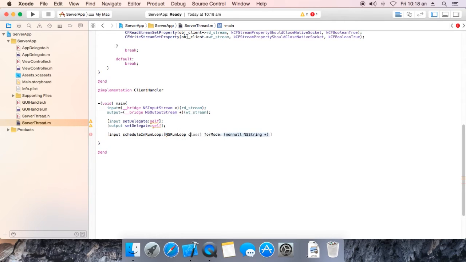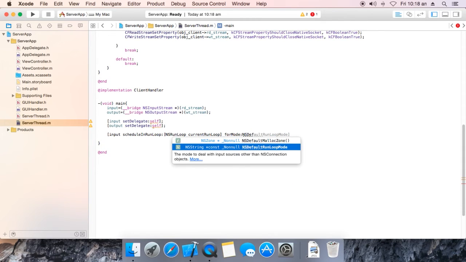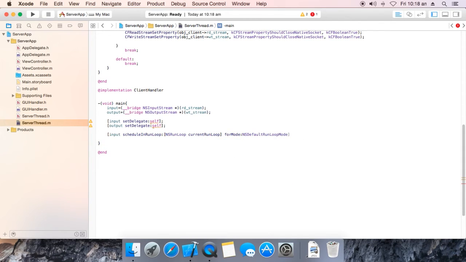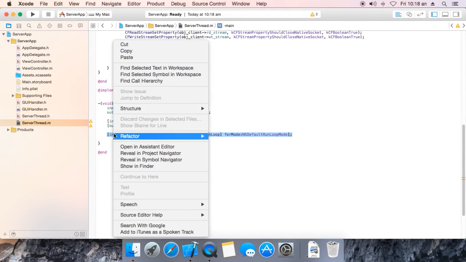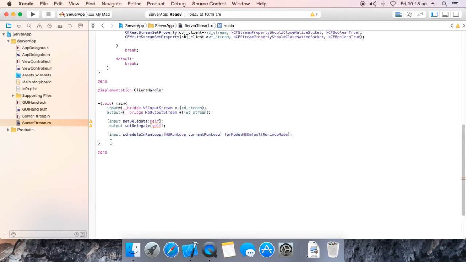Okay, current run loop. Okay, for mode NS default loop mode. Okay, copy this, paste here, make it output. Okay,